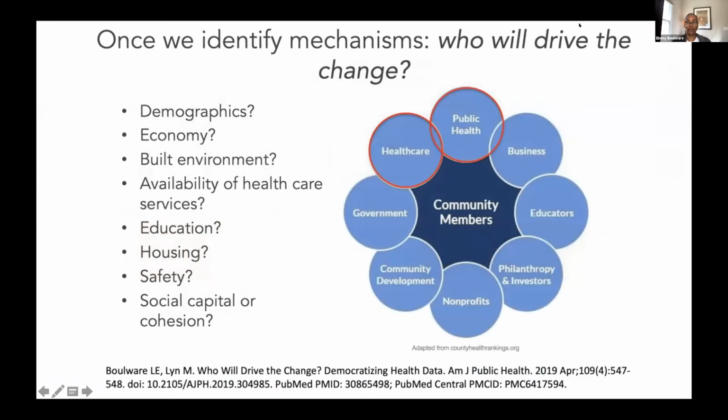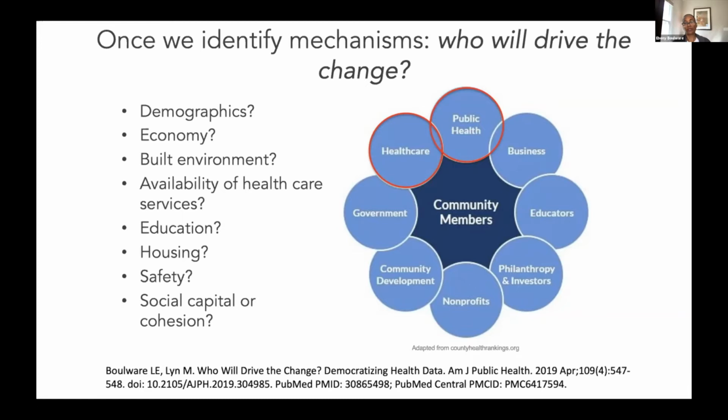This is skipping ahead a little bit, but I'm going to talk about the bigger picture and then work my way back to the data elements. But when we think about how we are ever going to achieve health equity, if we're thinking in the context of dementia or conditions of aging, we're doing this work steadfastly to identify mechanisms. But once we identify mechanisms, what are we going to do to create the actual health equity or improve health? And some of it will happen within healthcare and within public health and within our science.